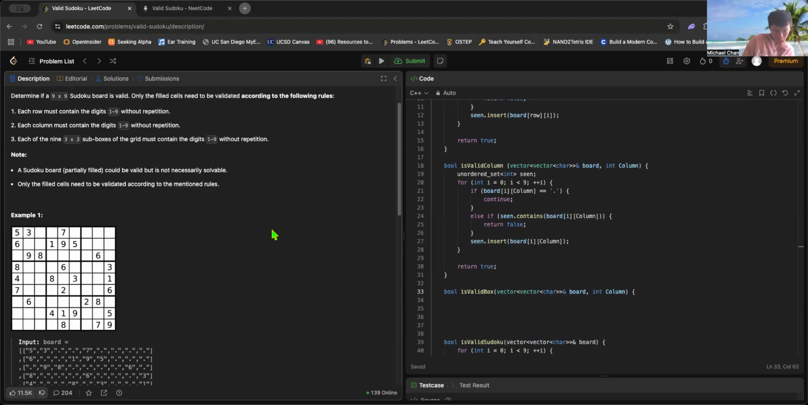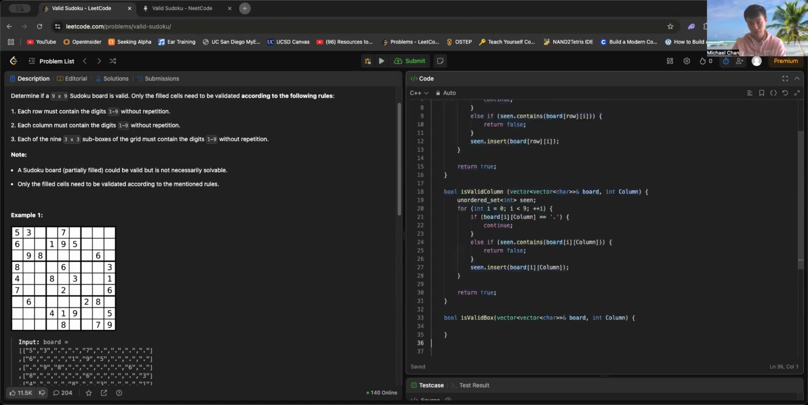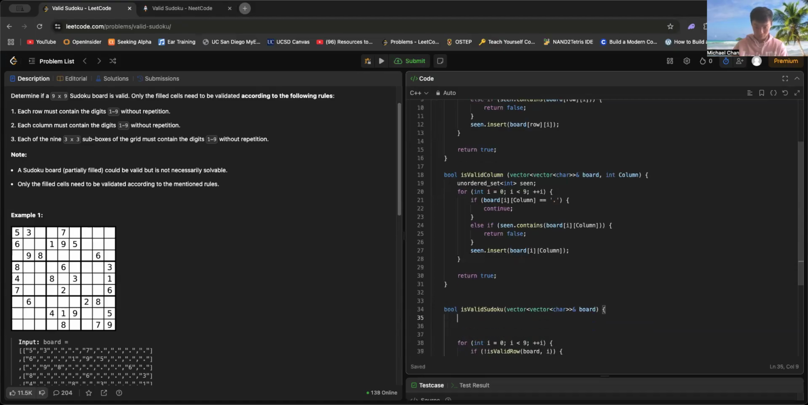I'm thinking of making a map of size 9. Would that be easy? Maybe? If I make a map of size 9, I don't even need this, right? If I do something like vector int box of size 9,